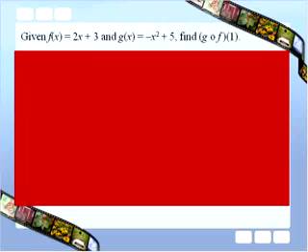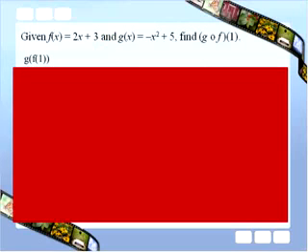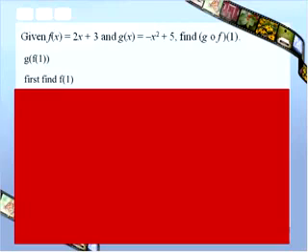Next, we're going to take a look at this problem where you actually are doing a number rather than an expression. So, we're doing f of x equal to 2x plus 3 and g of x equal to negative x squared plus 5, and I have to find g of f of 1. So g of f of 1, the first thing that we want to do is find f of 1. So what this is telling us to do is start with the inside function as we were in the past problems, but instead of doing an expression, we're doing a number. So you should get a number answer here at the end. So this is first saying to find f of 1. So I'm going to find f of 1 first,